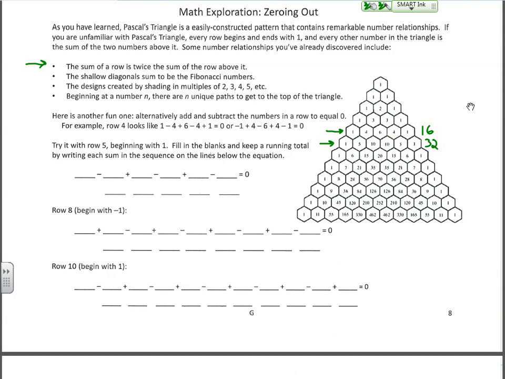The shallow diagonals sum to be the Fibonacci numbers. In the math packet, the algebra one, we are talking about Fibonacci there. And what this means, the sum of the shallow diagonals, is if we have just like 1 coming through here, and then 1, 1. Oh, sorry, skipped 1. Right? And then 1 plus 1 is 2. Our next Fibonacci number is 3, which is 1 plus 2 plus 1, or 2 plus 1 there. And then the next Fibonacci number is 5, which is